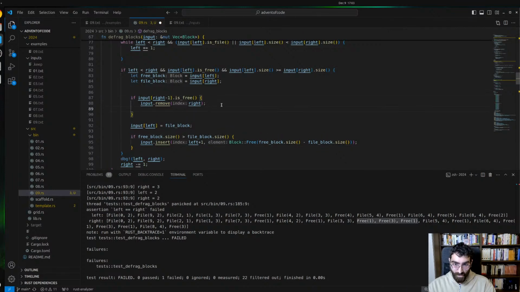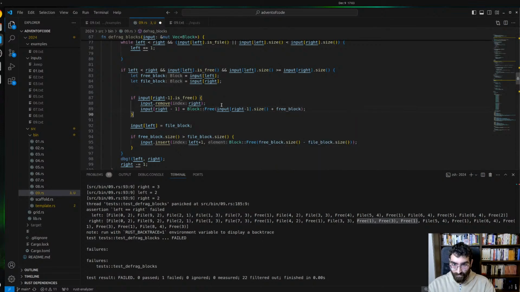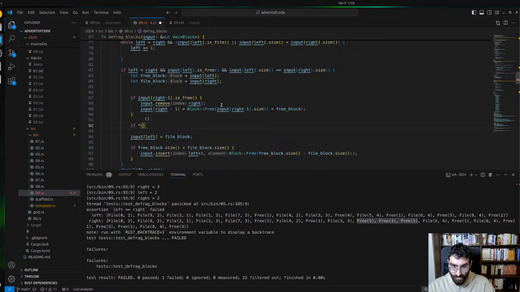We remove the one on the right. And the one on the right minus 1 becomes a block which is free, and it's the size of right minus 1 plus the size of the block. Okay. Now again, if input, now if the input right is free,